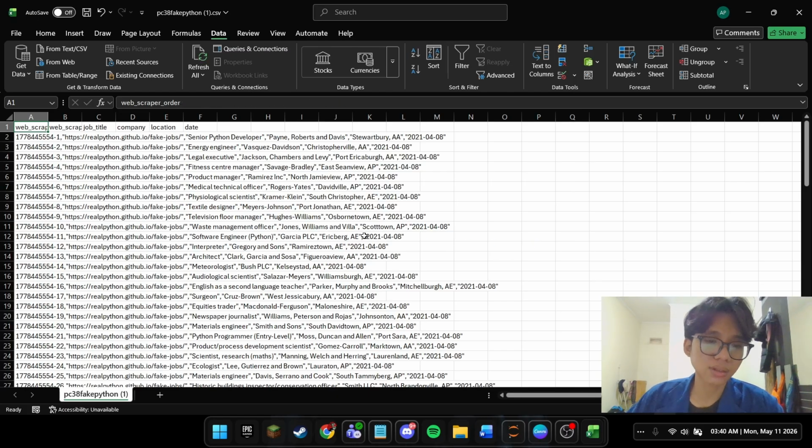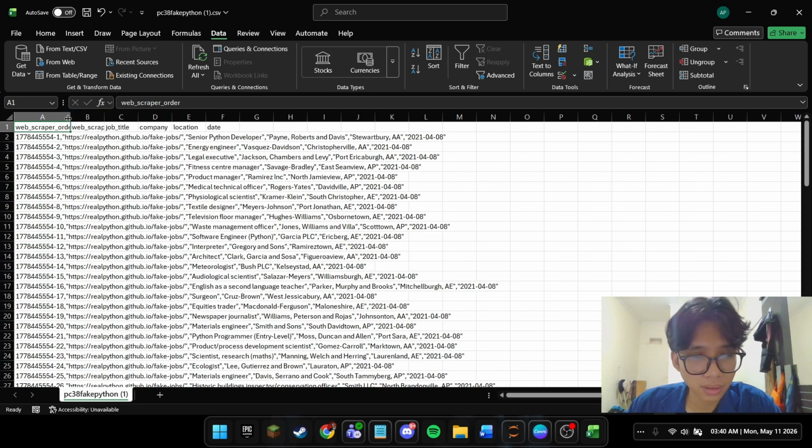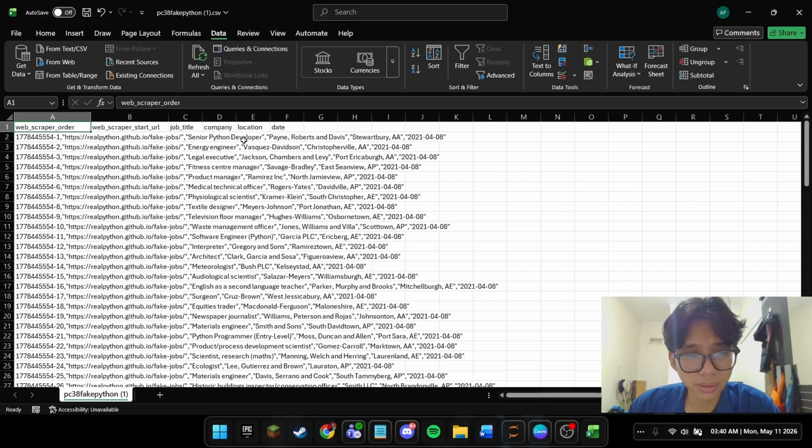The extracted columns are web scraper order, web scraper start URL, job title, company, location, and date. All the main target fields were recorded successfully with consistent structures across rows 2 through to 25.